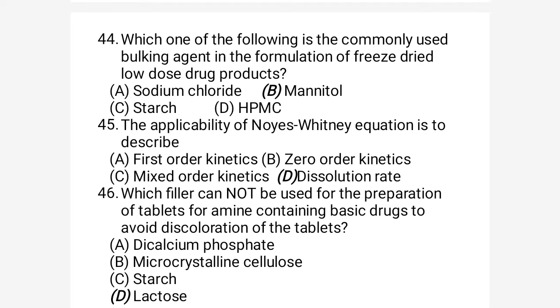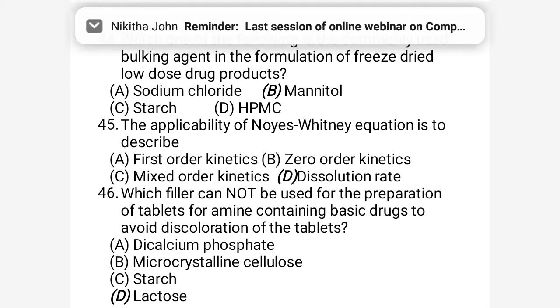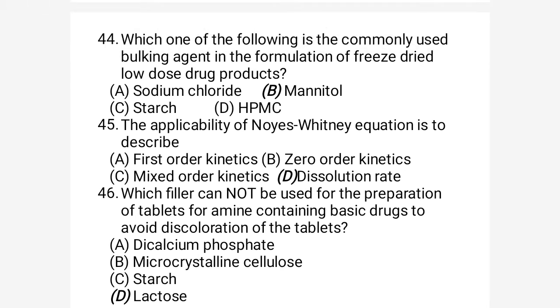Freeze-dried means thermolabile drug, a chemical agent sensitive to heat and room temperature. Also low dose means the drug is in a very low dose, in milligrams, say 50 milligrams or less. So when the dose of the drug is very small, then it is very tough